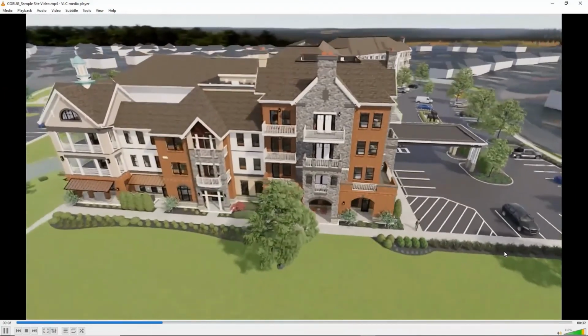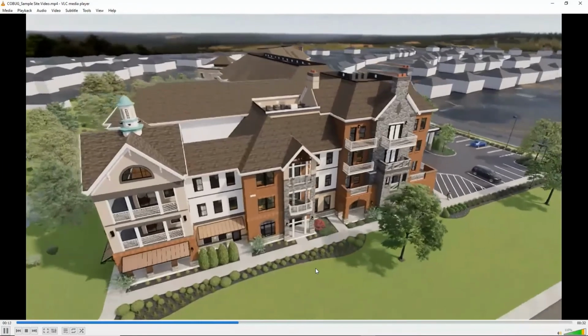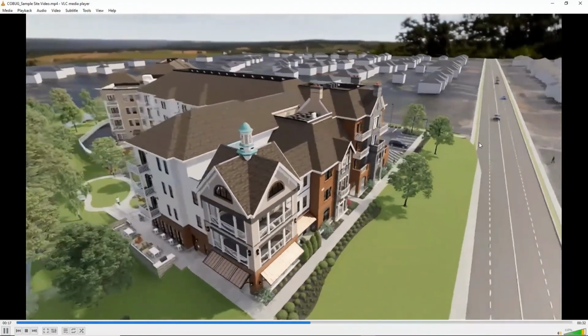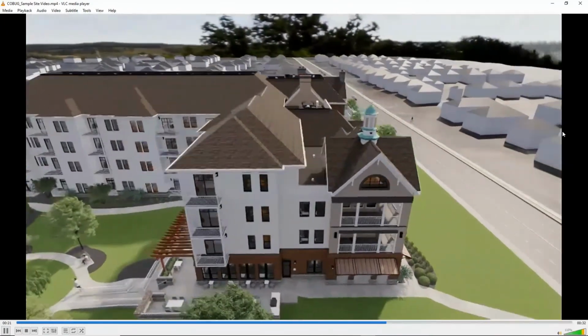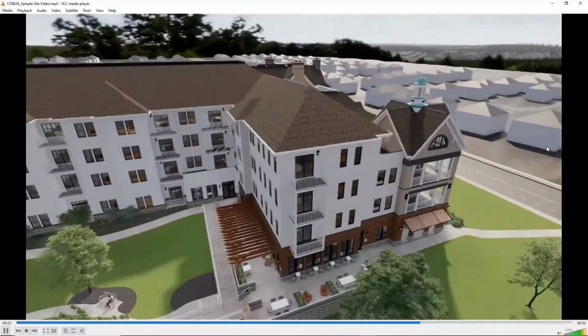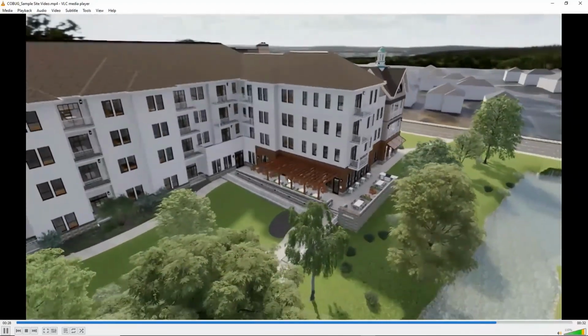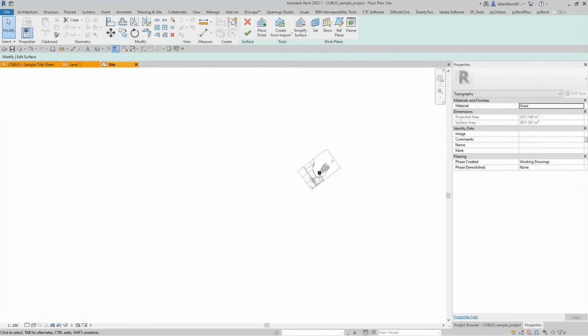Spent some time populating the model with the Enscape entourage for the plantings. You can see the buildings beyond, and again, I got the angle wrong here for the slight change, but it starts to show you the possibilities of getting the site context, and you can change the time of day here, and you'll see the light come up. So that's just a quick little video I did before this, just to kind of demonstrate how it's all starting